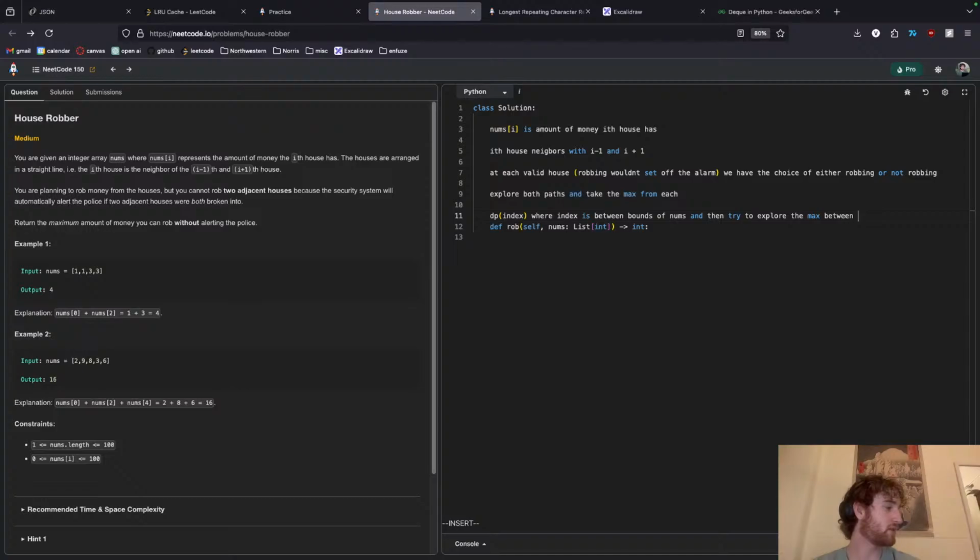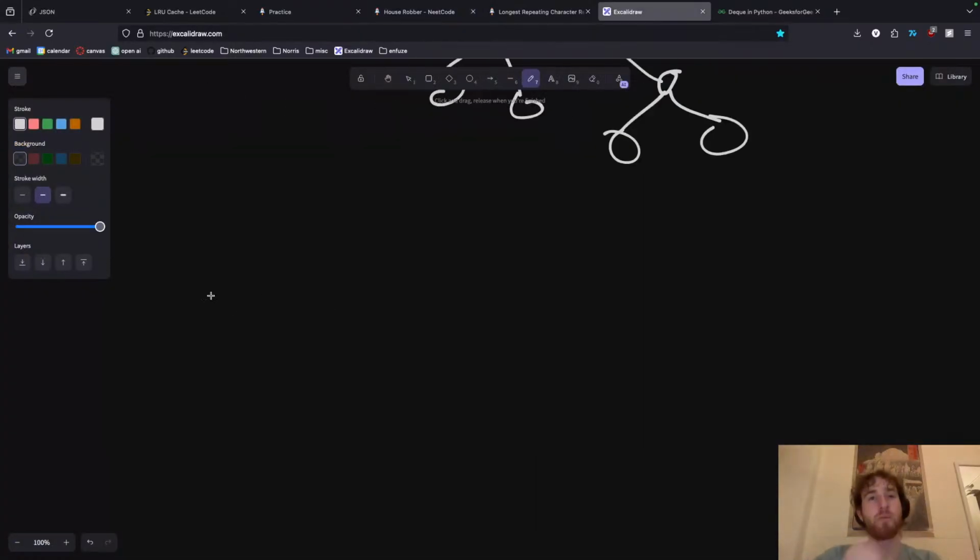Trying to take the max between if you were to rob, because the thing is, you technically don't have to rob the next one, but since they're always positive, it's not beneficial to not rob one. You always want to be robbing on the, actually, no, that's not true. Sorry, I'm doing a horrible job explaining what I'm thinking, but pretty much,